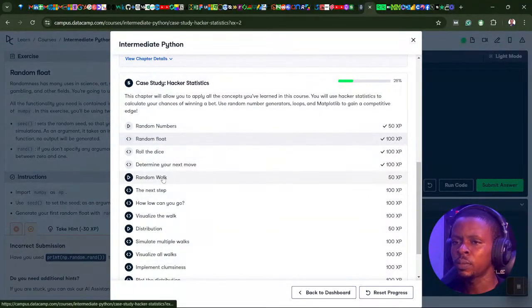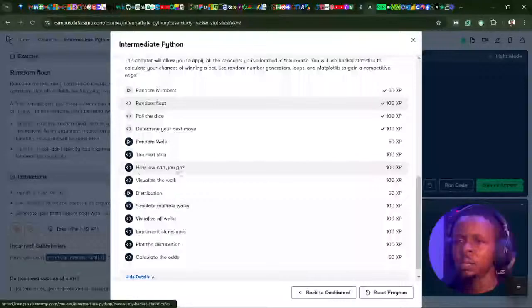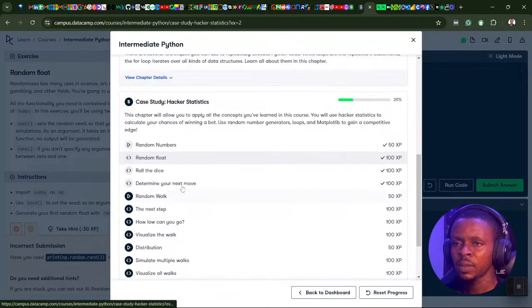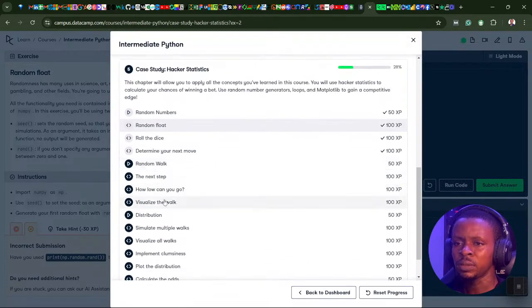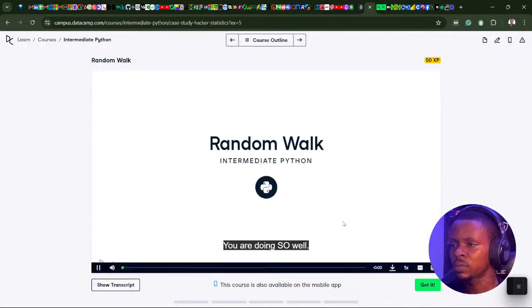Now let's go back to this random walk. Let's solve this challenge also. The next step, how long you go, and visualize the walk. So we're just 30 minutes into the live stream. Now let's do one more challenge, this random walk, and see it in action.